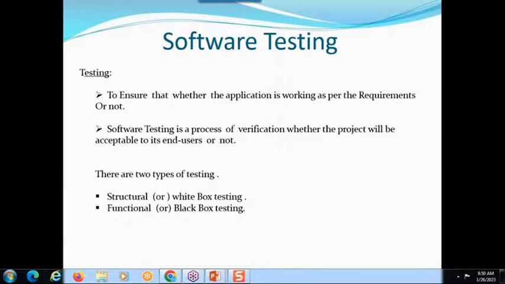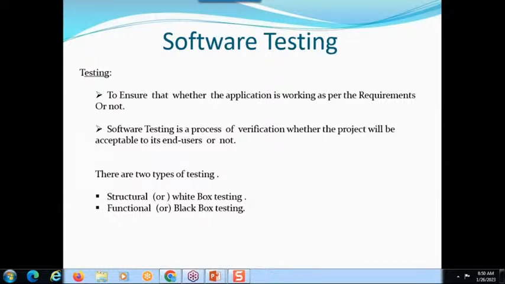So you always test from an end user's point of view: how the end user wants it, and what the end user is expecting in that software. You need to think from an end user perspective. Finally, who needs to accept your application? The end user. Understanding, right? Suppose the end user rejects it, what will happen? No one will use that software, right?